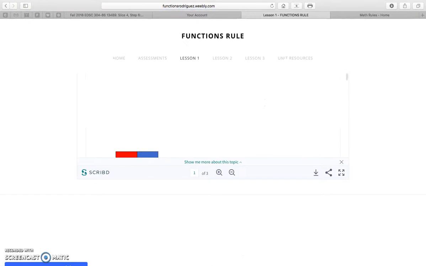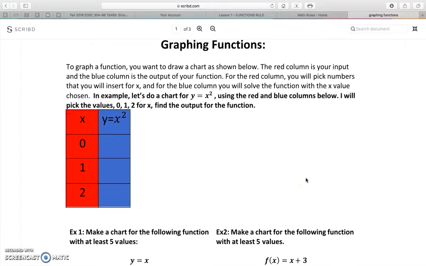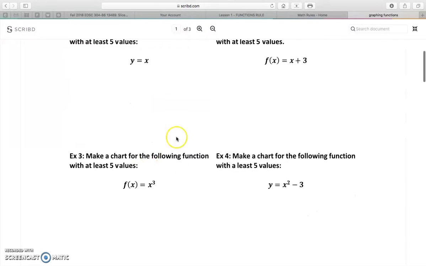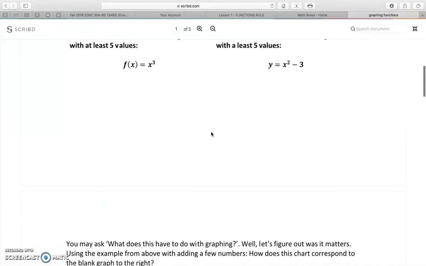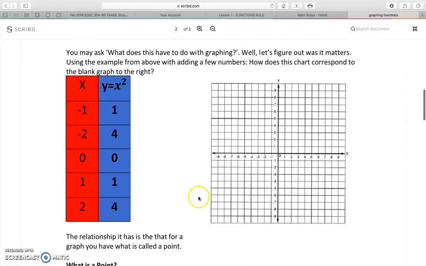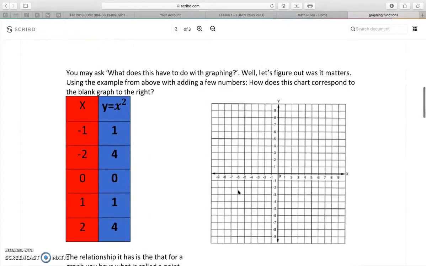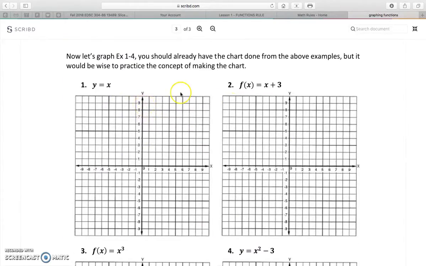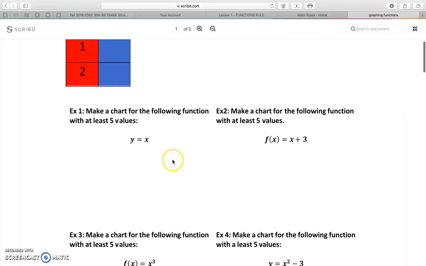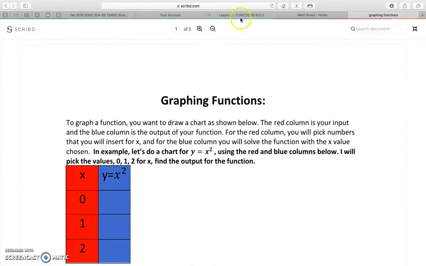So for lesson 1 here, this is just on how to graph things, making charts of how to graph, picking 5 values that are crucial for it, which are usually -2, -1, 0, 1, 2, like it says here, and then how to take this chart and actually plot it onto the graph. That is really what this assignment is. These examples down here where they're supposed to graph it are all examples from up here, from number 1 to 4. So they're taking these charts and actually understanding how to graph it down here. And that's something important for